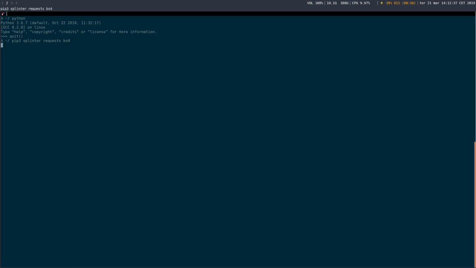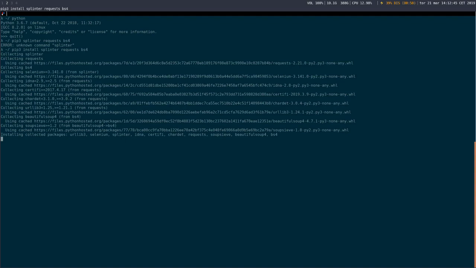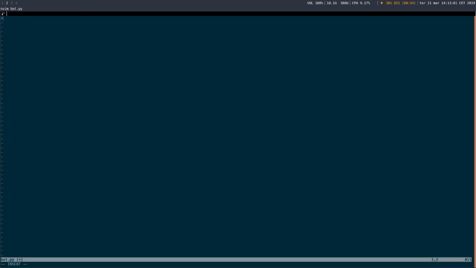Okay, and then basically just cd into a repo here, and then create a file called bot.py, for instance, and then I'll just type in import the packages that we just installed, import requests, import bs4, and then from